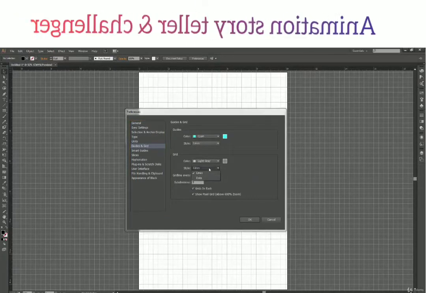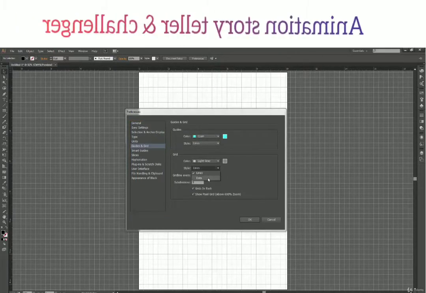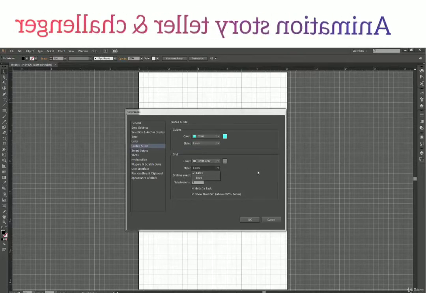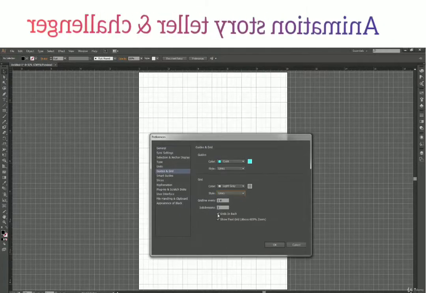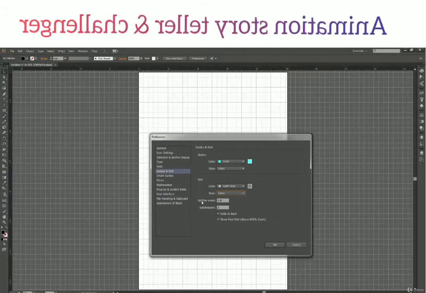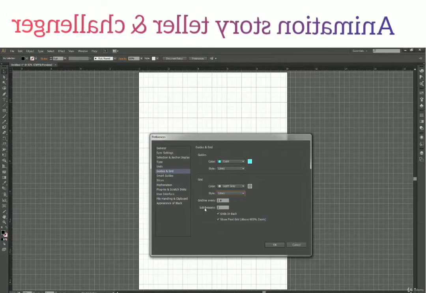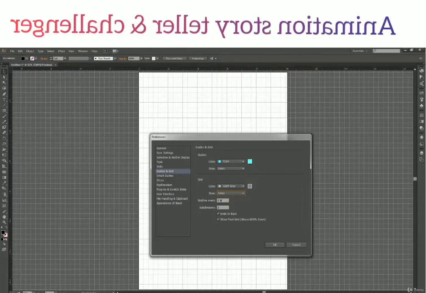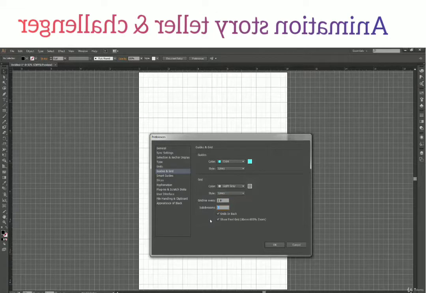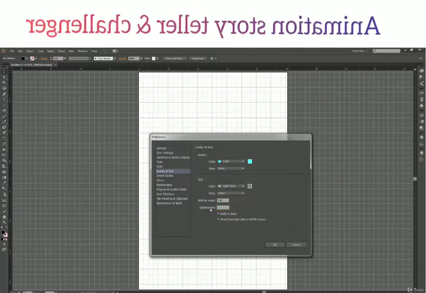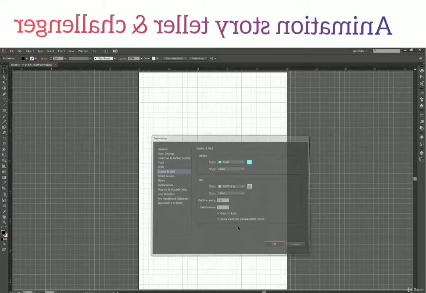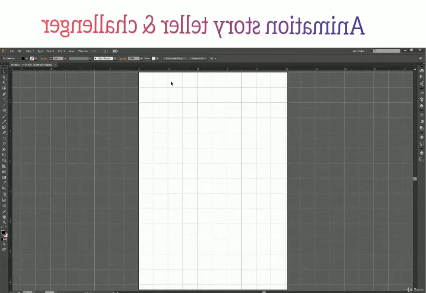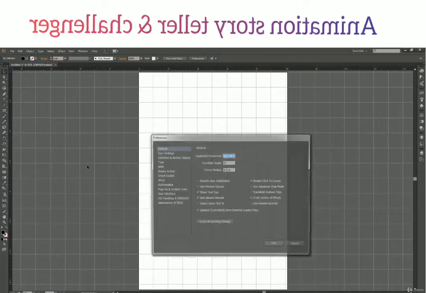Now again we have the option of lines and dots over here. We will cover this in a while. First of all, we will see gridline every, and subdivisions. It says gridline every 1 inch. That means, for right now, just turn subdivisions to 0 or 1. The default is 1, the minimum value. So here you can see the actual grid which I have.